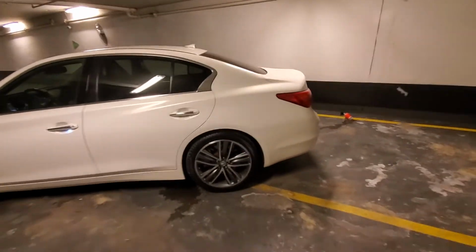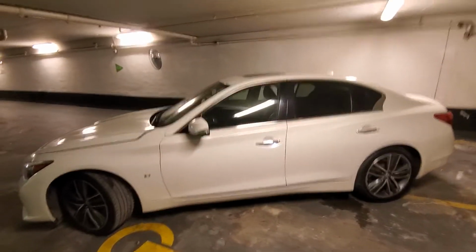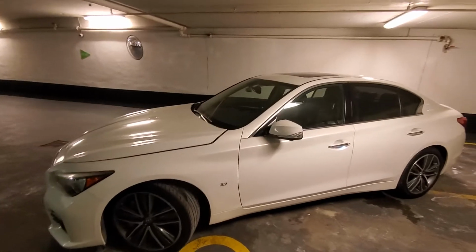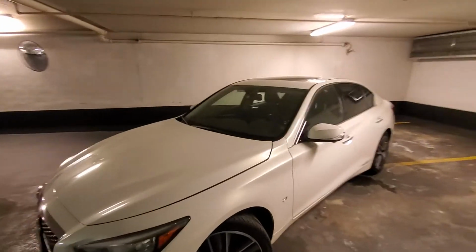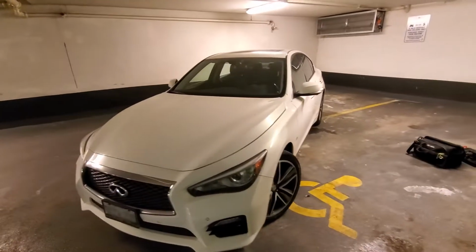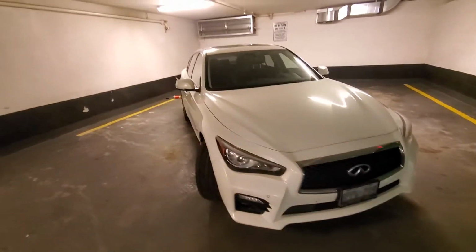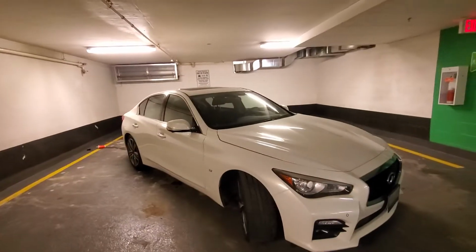Now the registration is invalid. Sticker's invalid on this, the owner said, so I'm not going to take it on a test drive. I'm going to kind of drive around the parking lot here real quick, but make sure everything seems decent. But like I said, since it's invalid, I don't want to be getting tickets or doing anything illegal. So we're gonna